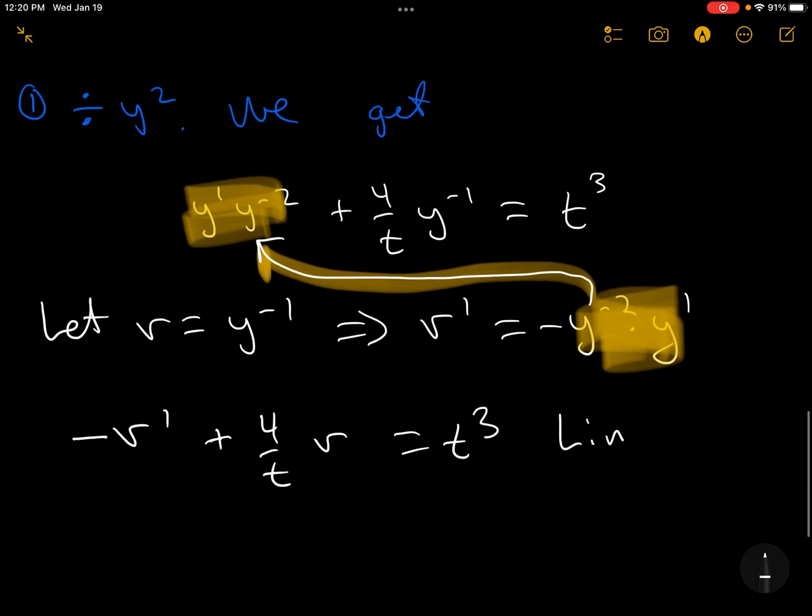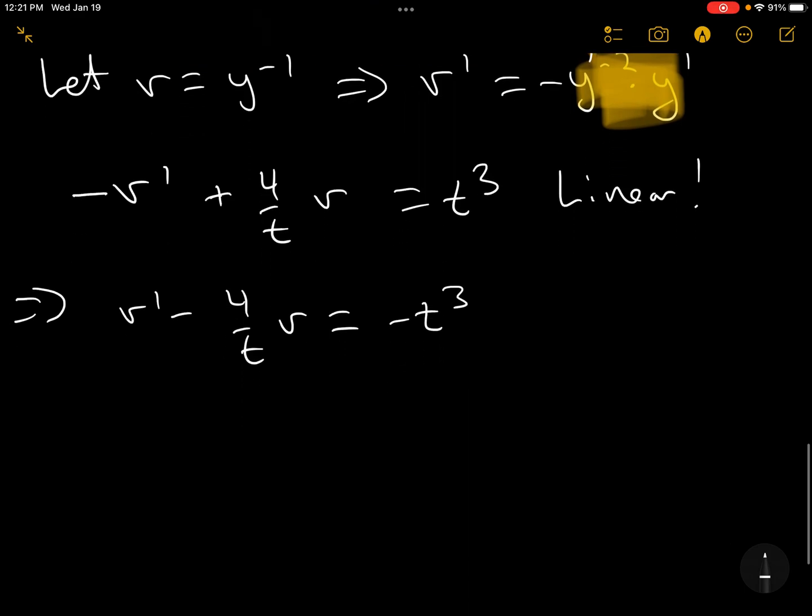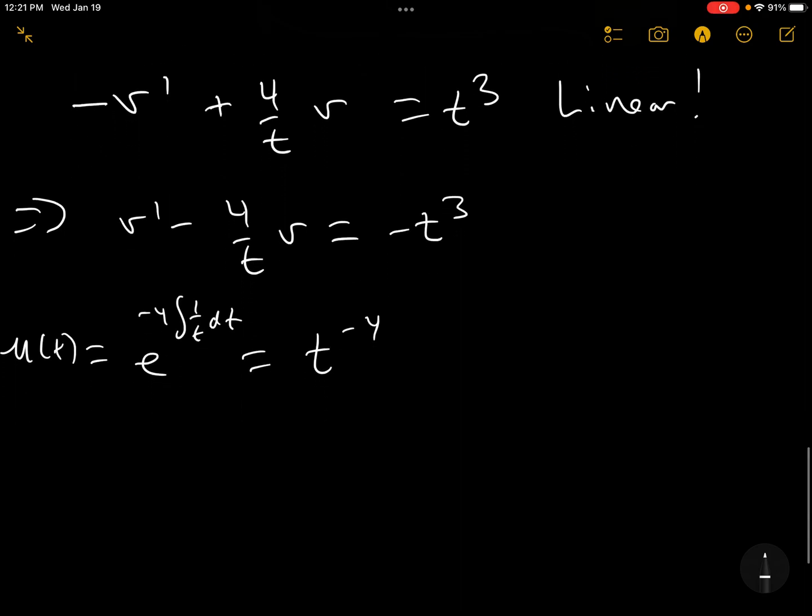Right? And this is linear. It's linear in v now. So we solve it. Multiply through by minus 1 because we have to get it into standard form. Compute the integrating factor, which turns out to be t to the minus 4. And then you write v t to the minus 4 equals the integral of t to the minus 4 times minus t cubed dt,